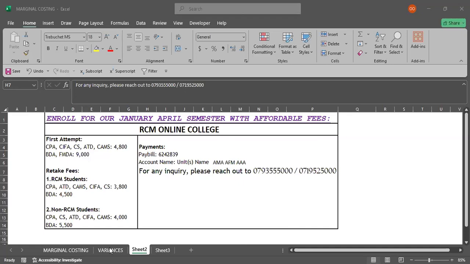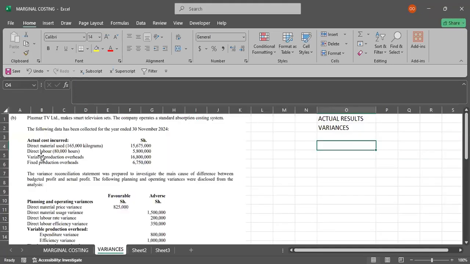Great. So let's go to the question and see. We are being told that Plasma's TV Limited makes smart TV or television sets. The company operates a standard absorption costing system. Absorption costing system is whereby the fixed production costs are forming part of product cost. Then we are being told that the following data has been collected for the year ended 30th November